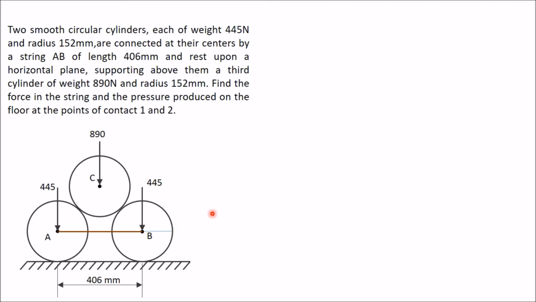In these types of problems, we have to draw a triangle like this, because when we draw the free body diagram of any of these cylinders, the reaction between these two cylinders, between B and C or between A and C, will pass along the direction of this line. Therefore, we need the angle of this line from horizontal. The angle of the line can be determined using this right angle triangle.